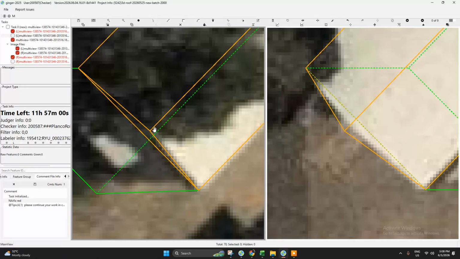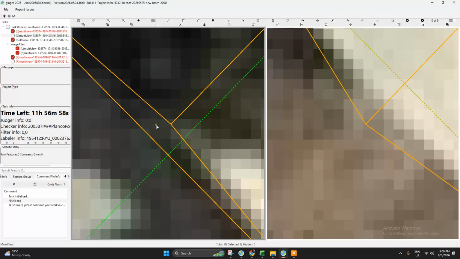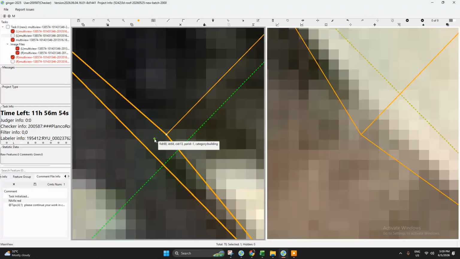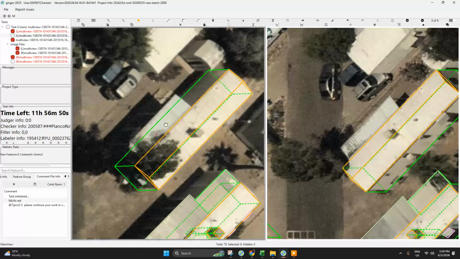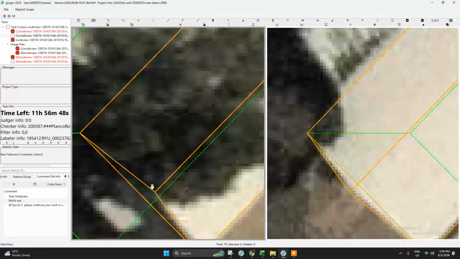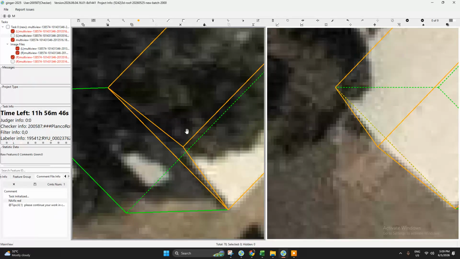For this one, let's try to fix with shift Y. Okay, yeah. So it wasn't purple, but I've noticed that it was not aligned with the wall.